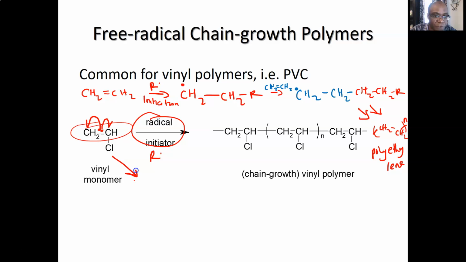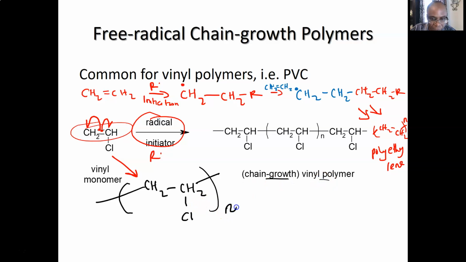Okay, so remember what we said with chain growth, the atom counts are conserved, so I know I'm losing the pi bond, but this structure should be present. So as the electron moves to this carbon, that electron can be used to make a bond going to the right, and as this electron goes to CH2, that electron can bond to another electron to make a bond to the left. Okay, and this monomer can be repeated so many times to grow the chain, so chain growth polymerization. So we'll put N here to represent again